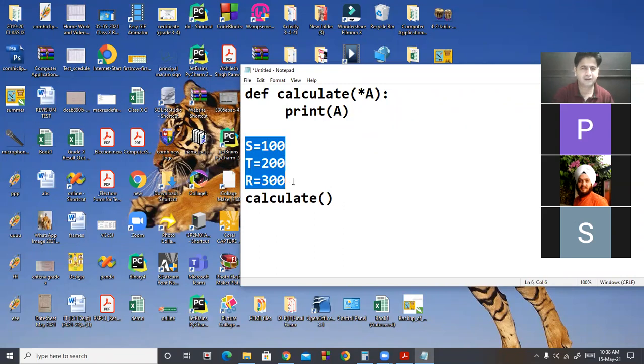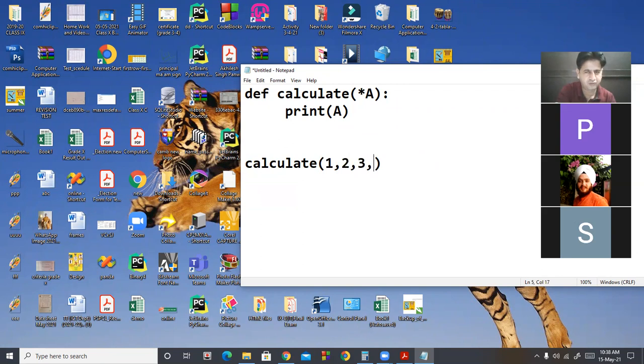Suppose we are sending here 1 2 3 4 5 6, no limit. So these 6 variables will be received by a. A will be a tuple, and when we display a, it will display 1 2 3 4 5 6. 1 is in a0 location, 2 is in 1. So a0, a1, a2, a3, a4, like this. So any doubt in this?